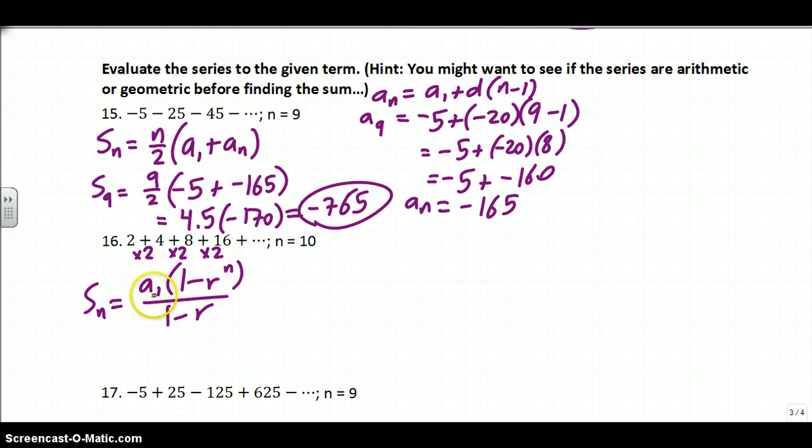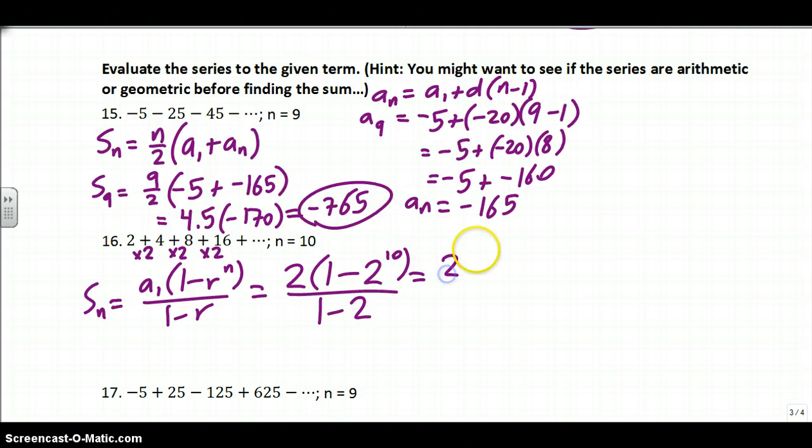Three things again. You need the first term. You need r, what you're multiplying by every time, and you need n. We've got everything we need. a1 is 2. It's the first number. r is what you're multiplying by, which is 2, so 2 times 1 minus 2 to the 10th power over 1 minus 2. On your calculator, I would do 2 to the 10th. I would go ahead and figure that out. It's 1024, okay,